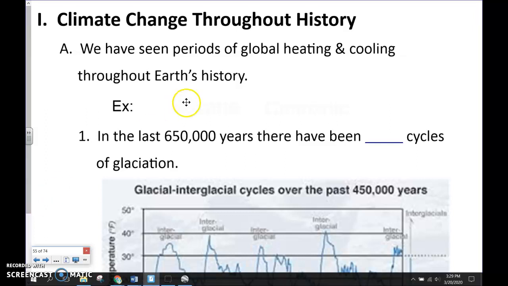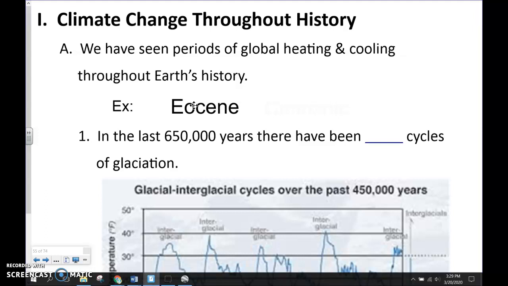Heating-wise, during the Eocene period of Earth's history, we saw changes in tropical zones. Right now, we know that they are from 0 to 30 degrees, and from 30 to 60 degrees above the equator, we have temperate zones. Well, during the Eocene period, those tropical zones actually extended well into our region and into the United States and up into the temperate zones, or what we now call the temperate zones.